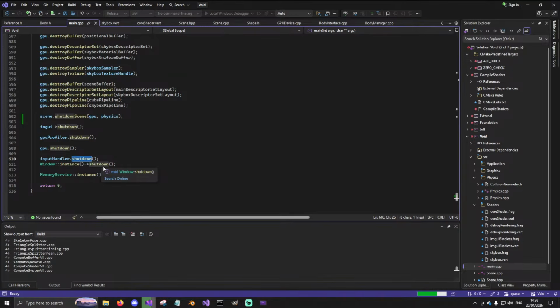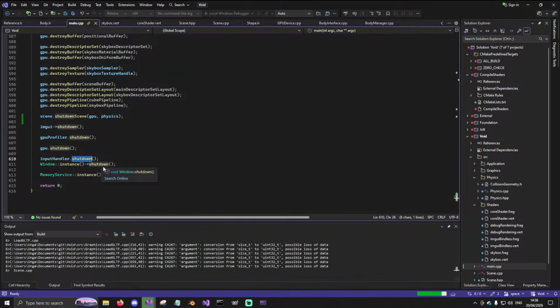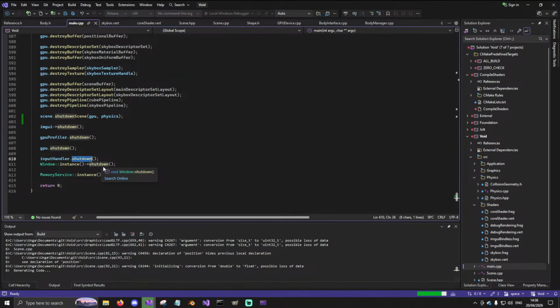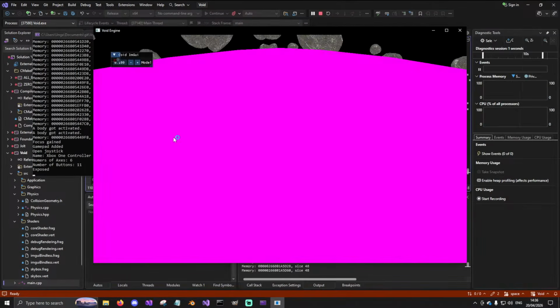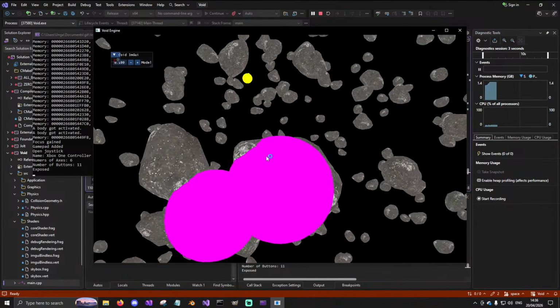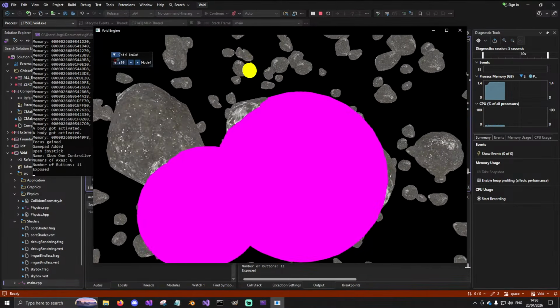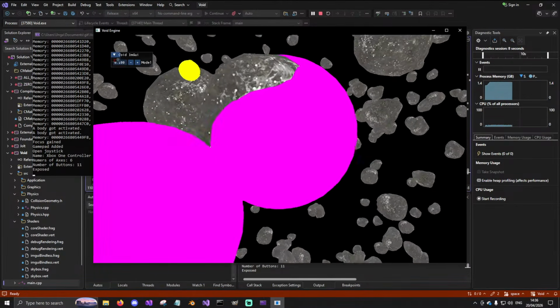Do you not have multi-threaded compilation in Visual Studio? I literally forgot that existed. The reason I've been rolling without multi-threaded compilation is that at work we had Visual Studio 2013, and compiling with multiple threads was slower because the memory access was so bad. Okay, cool. Anyway, so we have objects that